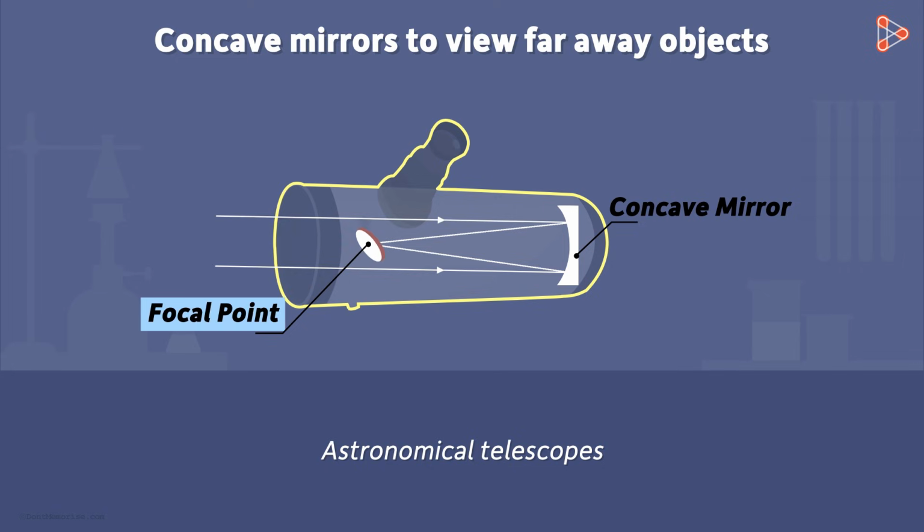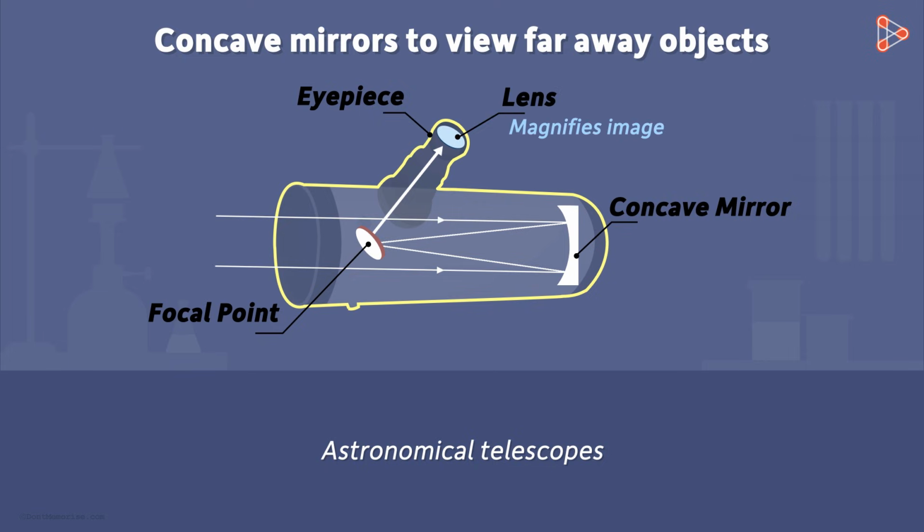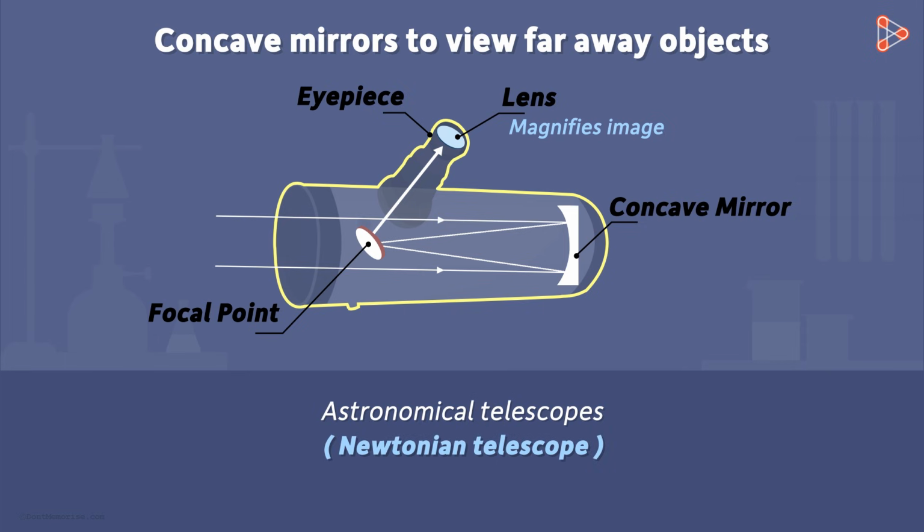The secondary mirror is then placed near this focal point. It's kept like this so that it can reflect the light upwards towards the eyepiece. And the eyepiece has a lens which then magnifies this image. This way we are able to see an enlarged image of a faraway object. This particular type of telescope is also called the Newtonian telescope as it was Isaac Newton who first came up with this concept. Which is the lens used here near the eyepiece? The lens used here is a convex lens or converging lens.